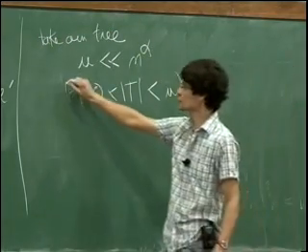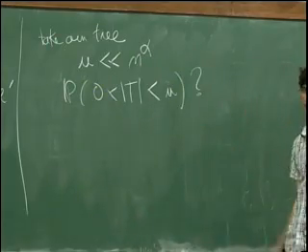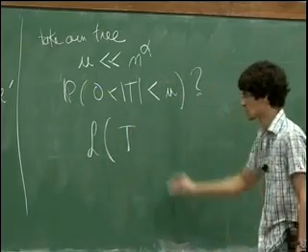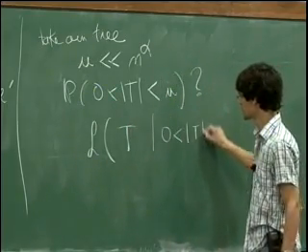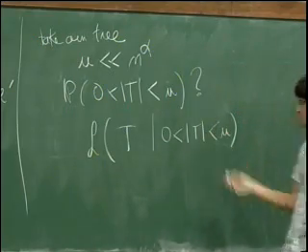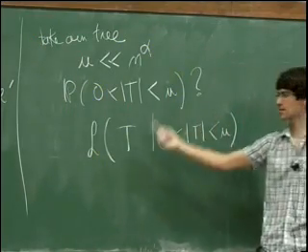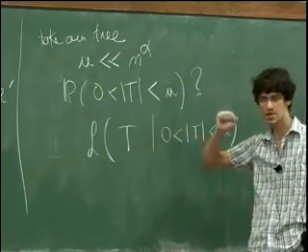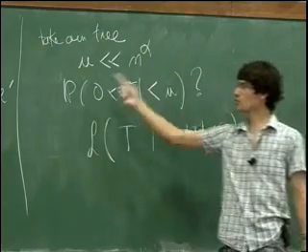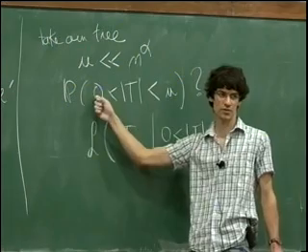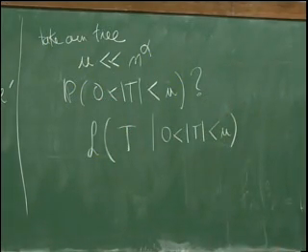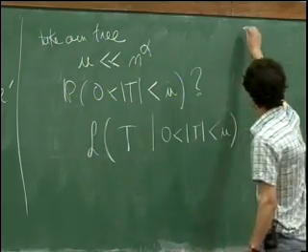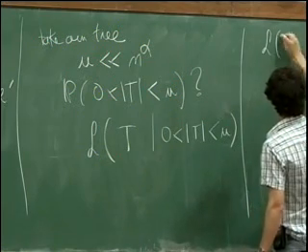So if you want to understand this, a reasonable thing to start with is to look at the conditional law on your tree, knowing that this is anomalously small. If you can understand how your tree looks when it's conditioned to be very small, then you will know which type of configuration gives weight to this probability that you are interested in. Okay? So now let us look at this conditional law.